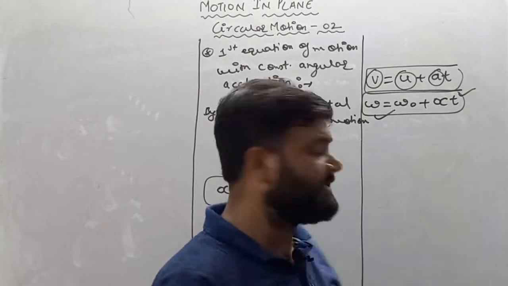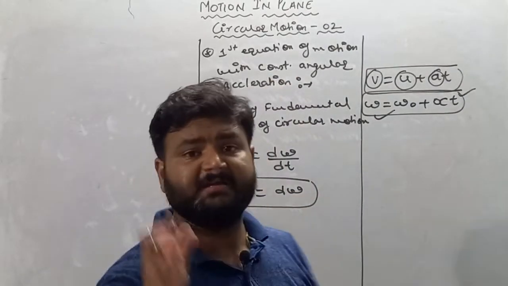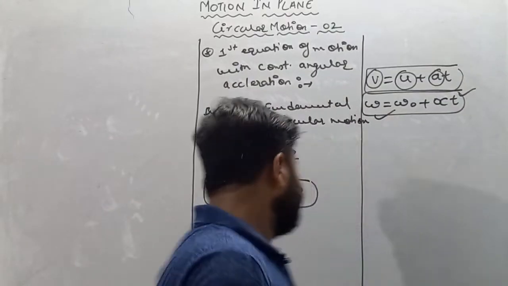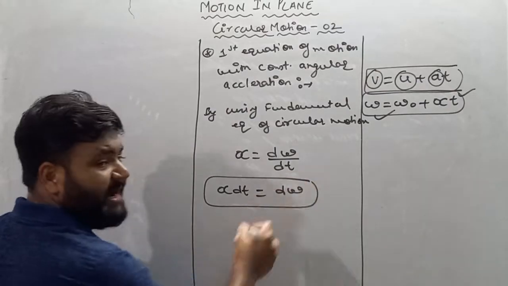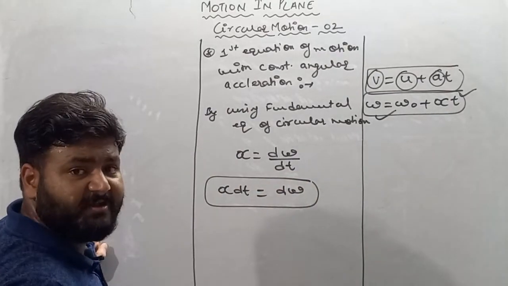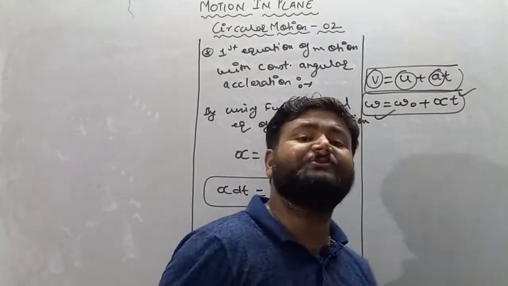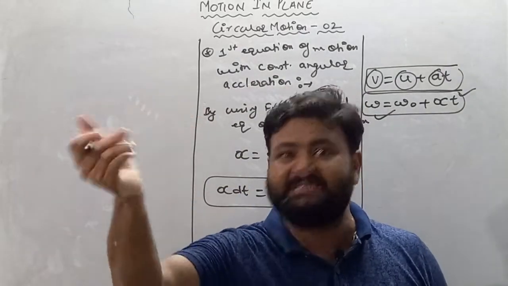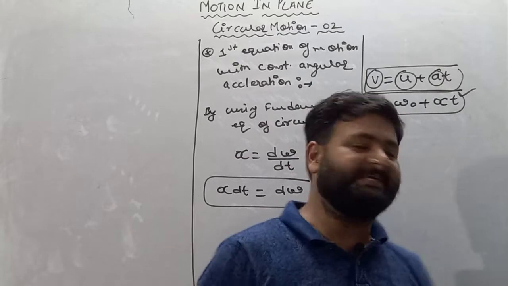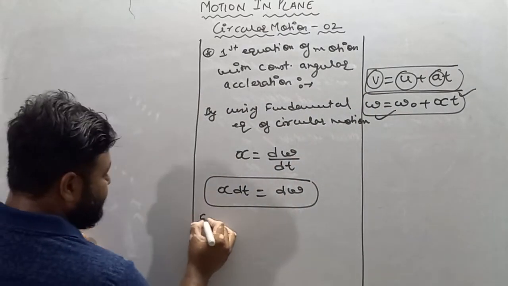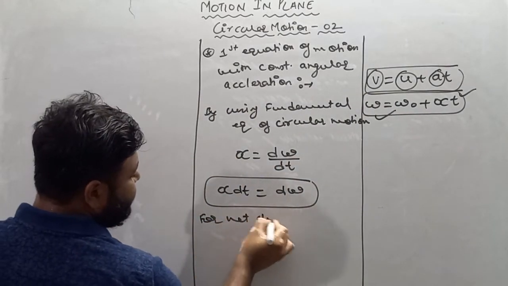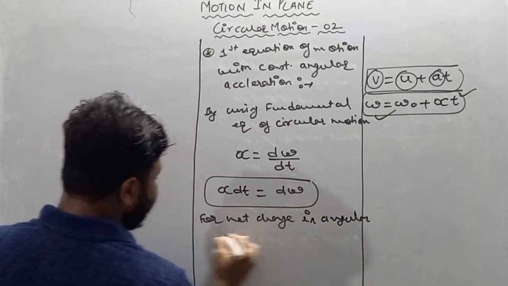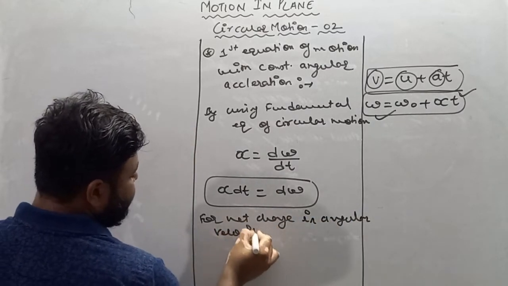If we wish to find net change in angular velocity, we know we have to use integration. If small change is there and you wish to find net change, then we will follow integration. So for net change in angular velocity, integrating both sides,